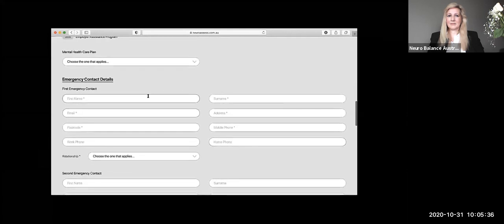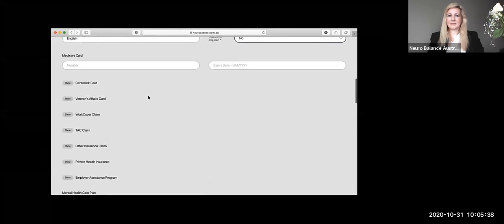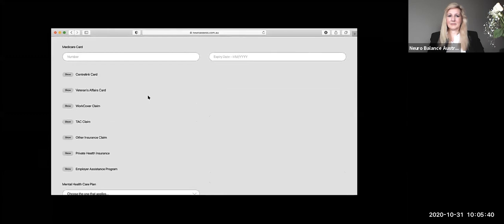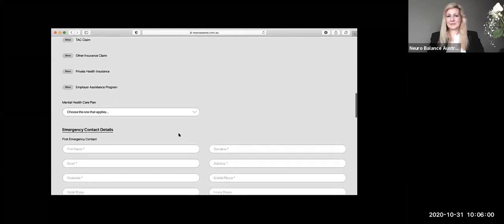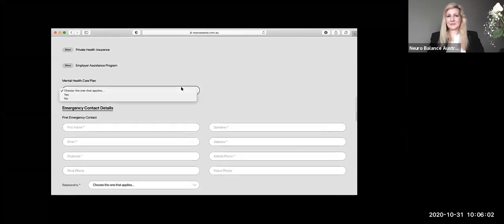But as you can see, scrolling back up, there's information around other cards or claims that they can put in, which is really helpful if you're a psychologist able to work with Medicare or WorkCover, TAC, that type of process, or even private health insurance. Also, it's good that there's an employee assistance program option provided as well. So obviously, if they've got a mental health care plan, they can tick that.